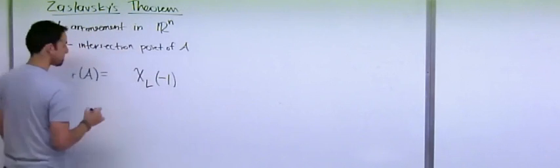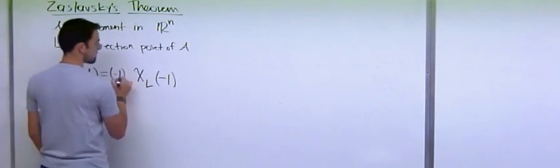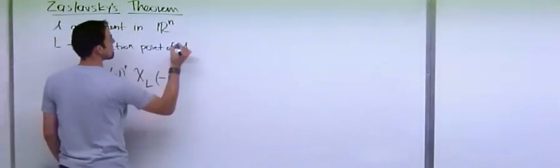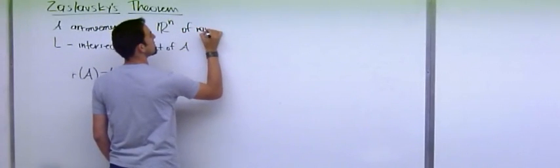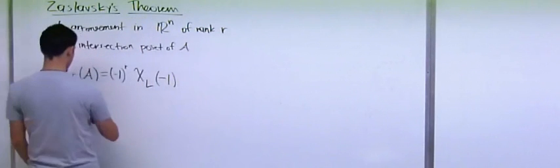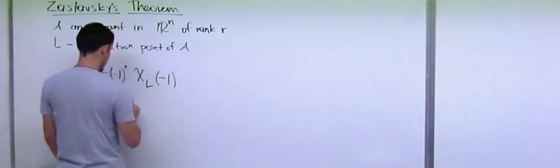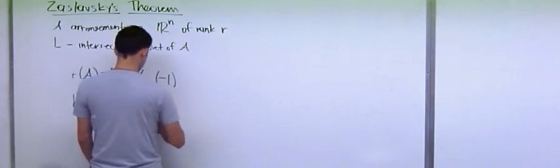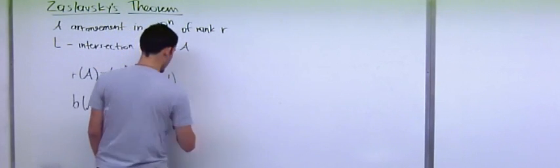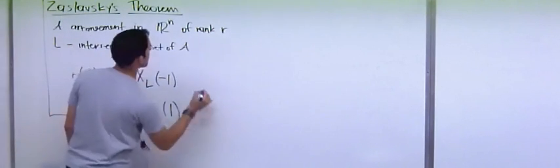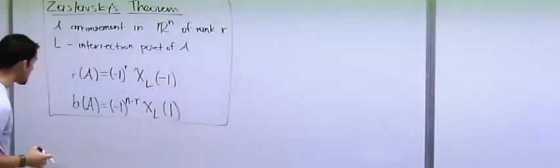And there's some sign here. And if you wanted the number of bounded regions, then all you have to do is compute the characteristic polynomial at 1. And so